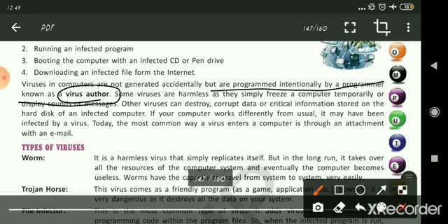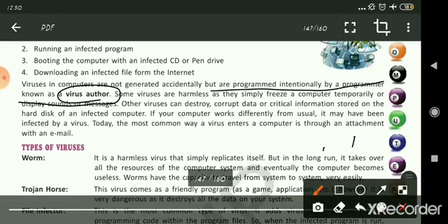So they are programmed intentionally by a programmer and they send these links to other people. So they are known as virus author. Just like a book is written by someone, so he is the author of the book. So a virus is made by someone, the virus author.